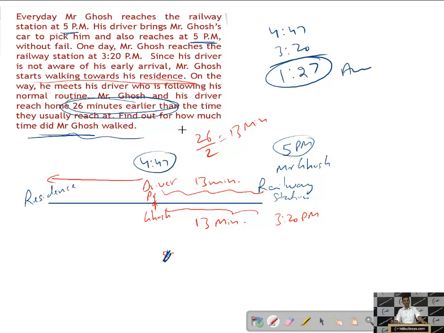I think this concept is clear, because what is the application? The saving. Why is the saving there? Because the distance which the driver has to travel, he has saved that distance. Now the speed of both the ways, going to the railway station and coming back, is same. When the speed is same, then time will be same, students. So this was the concept which you can apply.